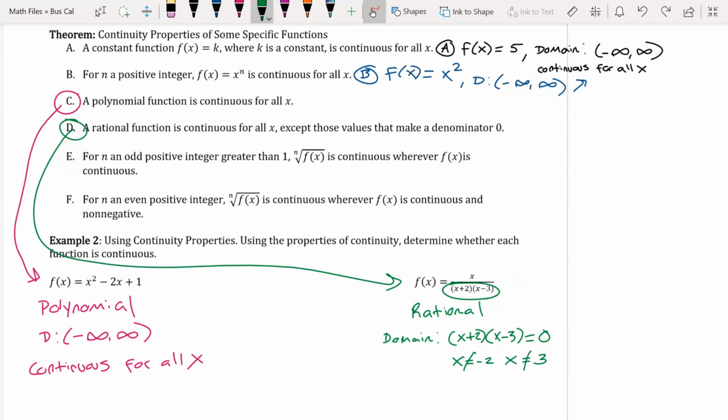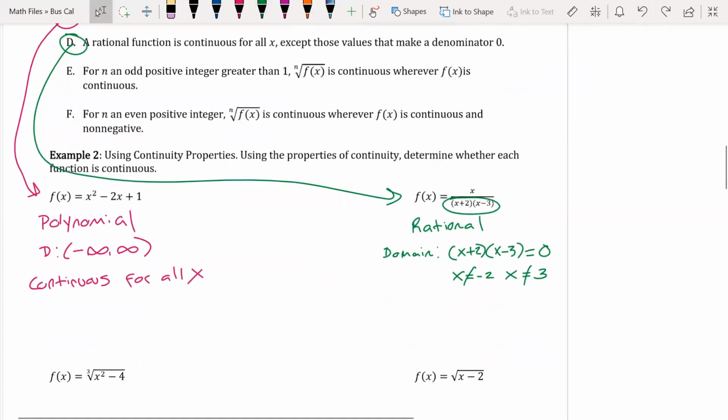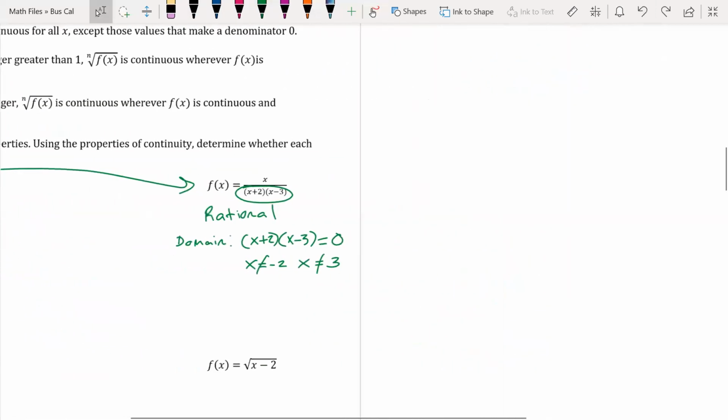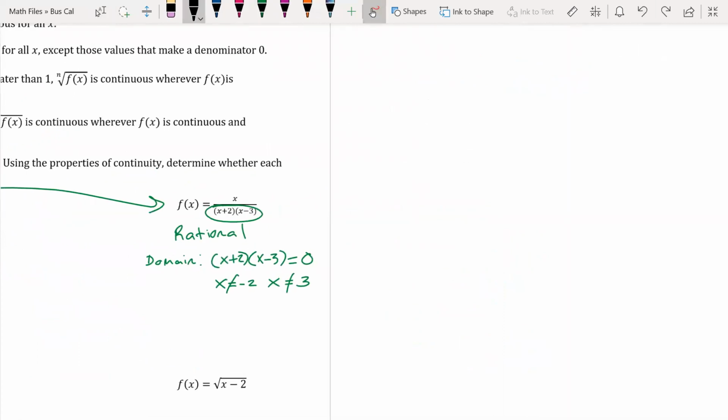Now let's state where it's continuous. To show you, let's draw a number line really fast. Here's the number line that will represent this rational function, -infinity to infinity. And I'm going to plot the numbers that we just found. Here's -2, and here's +3. Now when I state its continuity, let's state it in intervals. So we're going to say